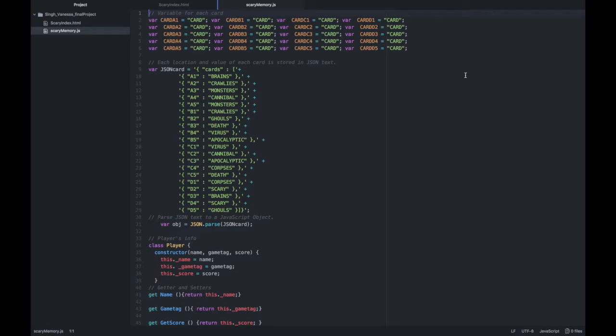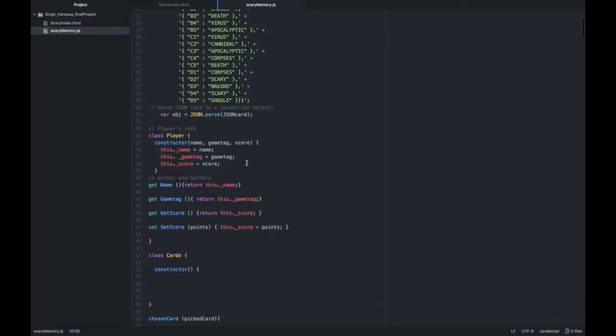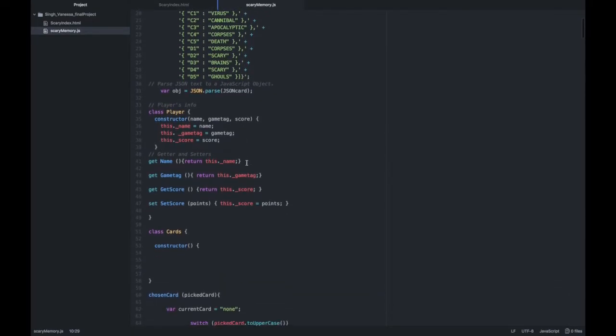Starting first with declaring the variables for each of the cards. In this case, it's a total of 20 cards. It doesn't show the exact value that is in that card. That value is stored here in the JSON text, where I have the location of the card, which is the key right here, and the value will be the word itself. And that information is parsed into a JavaScript object, which will be later on used in the class,